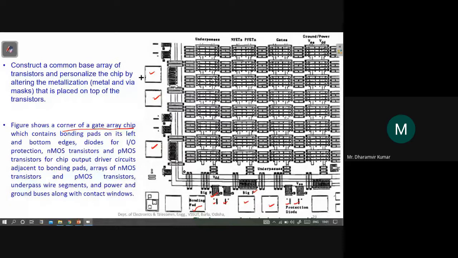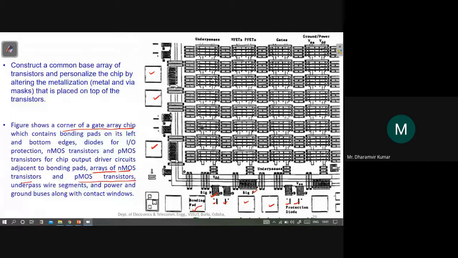Now in the main body, what we have are arrays of NMOS transistors and PMOS transistors. All these things are actually the array of NMOS and PMOS transistors.